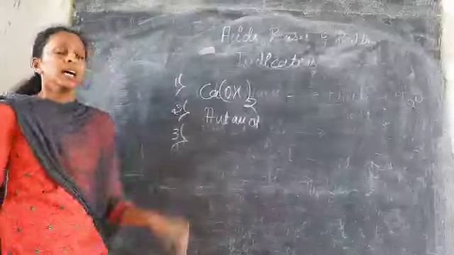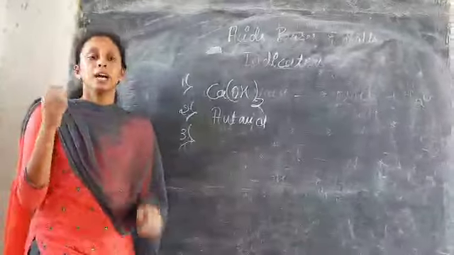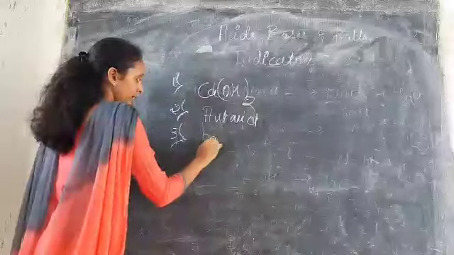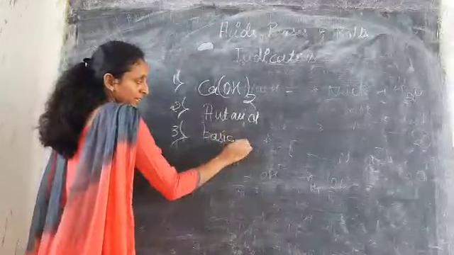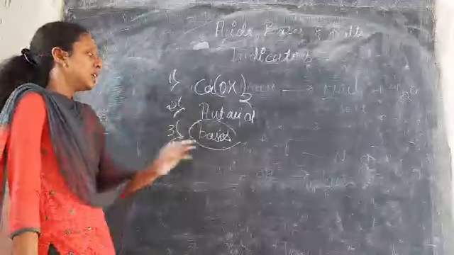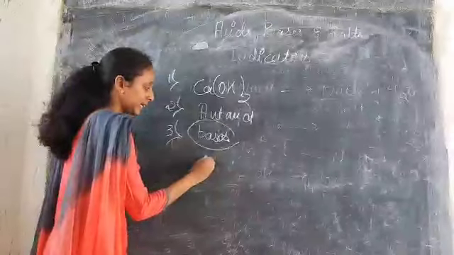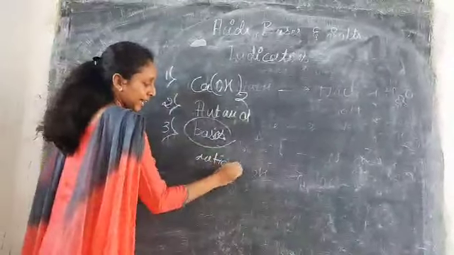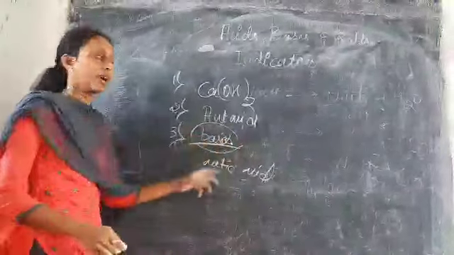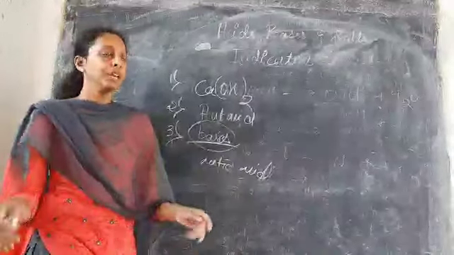The third application is the sting of the yellow wasp. Bases are present in the sting of the wasp, so when they bite, there is a problem for human beings. So we add acetic acid to the affected area so that it will neutralize these bases. The poison is of bases, so when you add acetic acid to that affected area, it will neutralize and the wound will go.